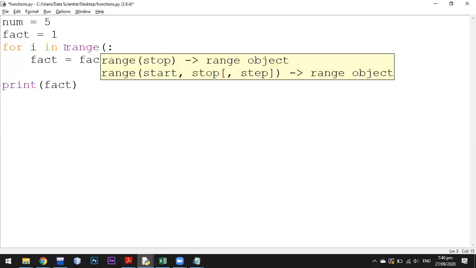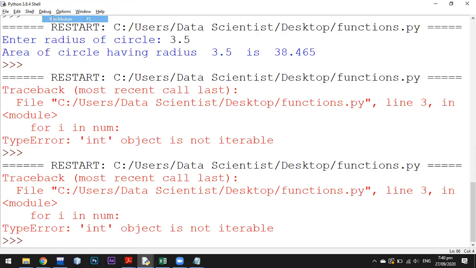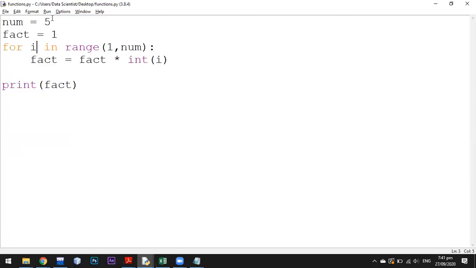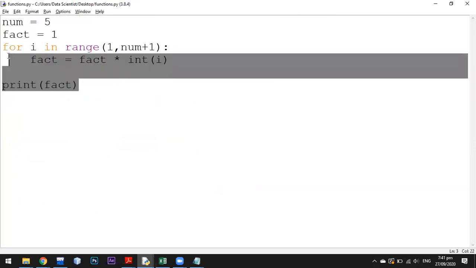I'm gonna start from 1 till num. Okay, now I think that will work. Okay, 24, 5 4s are 20. No, num plus 1, because for runs 1 less than the upper limit, so it's 4. So this is the basic code for a factorial.